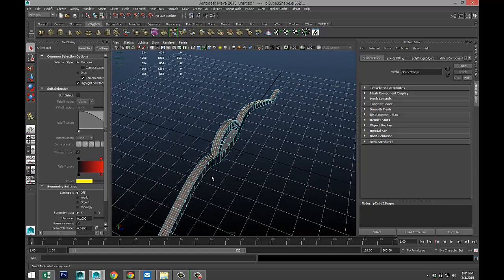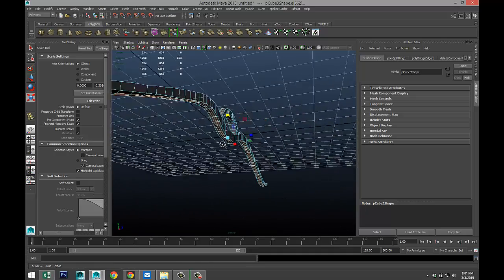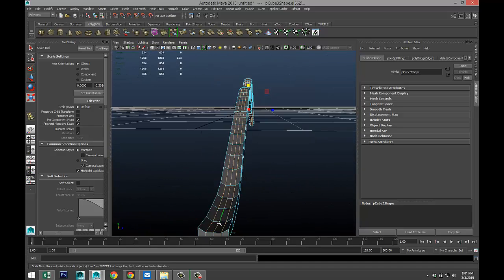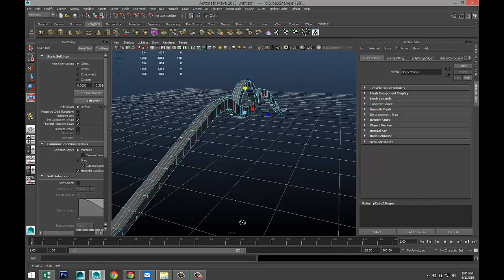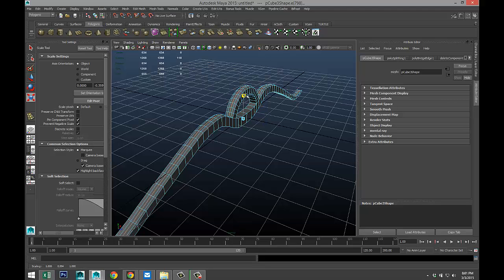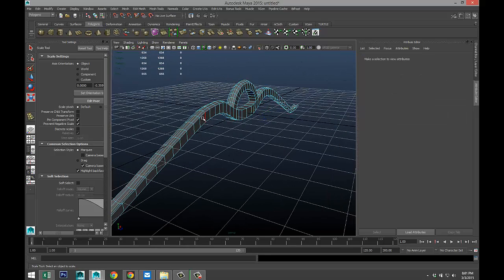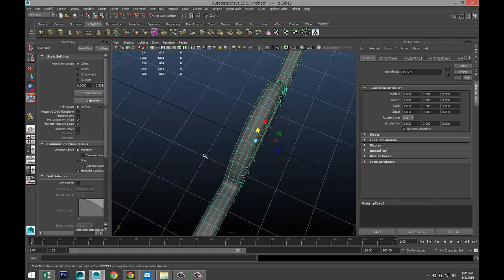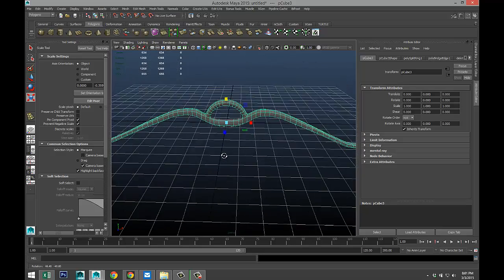Okay, we're going to hit R to scale those out, and we are going to pull, which will raise them on top and on the bottom. So kind of round that out a bit. And then we're going to double click on just that one, and we are going to raise that one as well. Okay, right click object mode, hit 3 to smooth that out, which gives us this. I think it looks fairly clean.